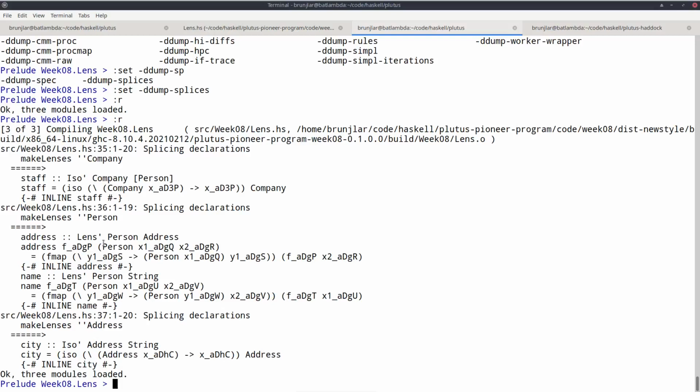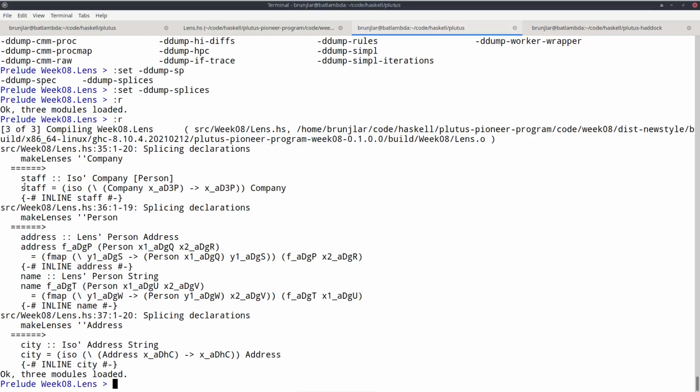There are also more general optics with 4 type parameters, but with these 2, the first one is always the big data type, and then the second parameter is the one you zoom into, the part. So it's called optics because you can have this mental image of zooming into a data type.